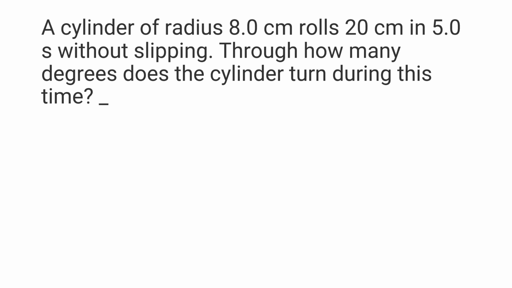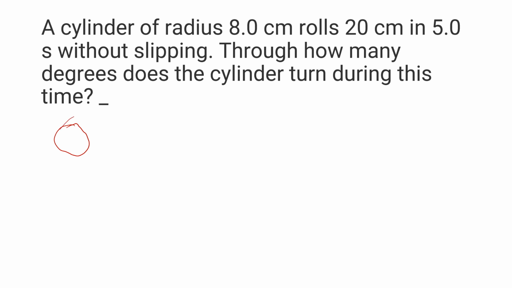A cylinder of radius 8 cm rolls 20 centimeters in 5 seconds without slipping. Through how many degrees does the cylinder turn during this time? So, let's draw the picture to understand the problem. So, we have a cylinder